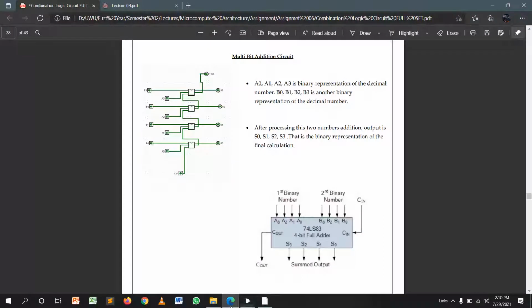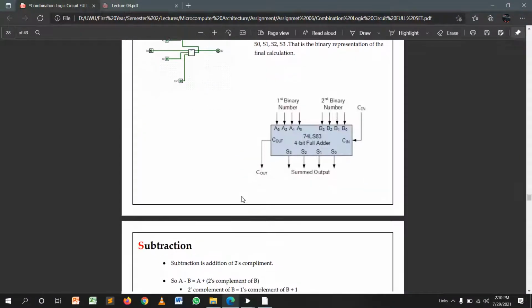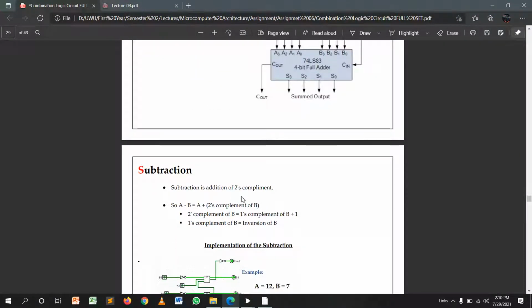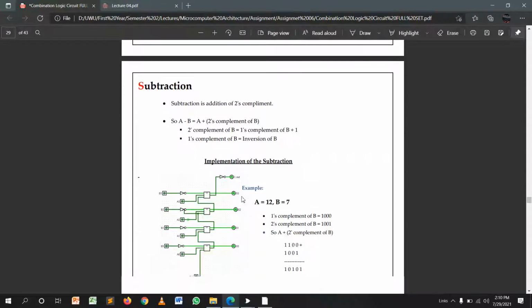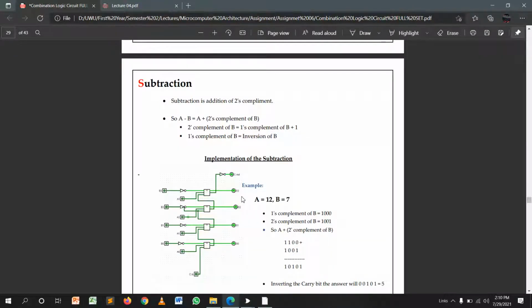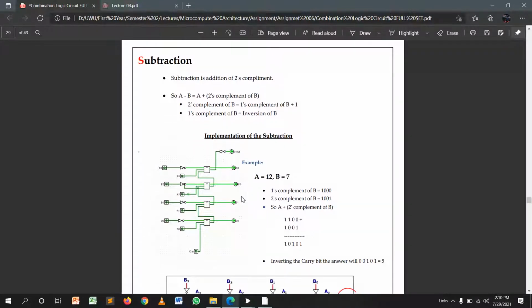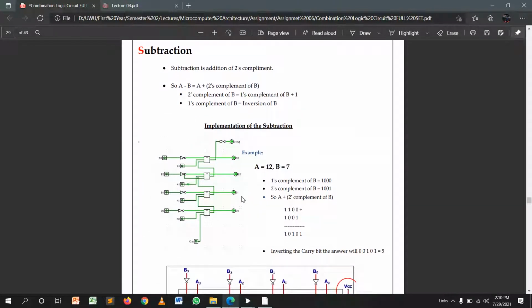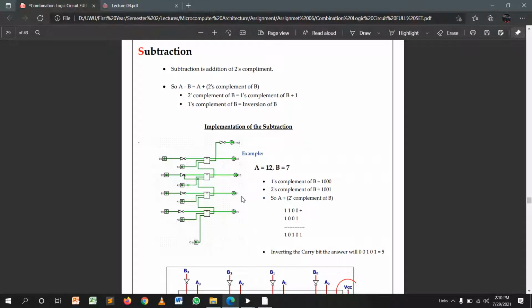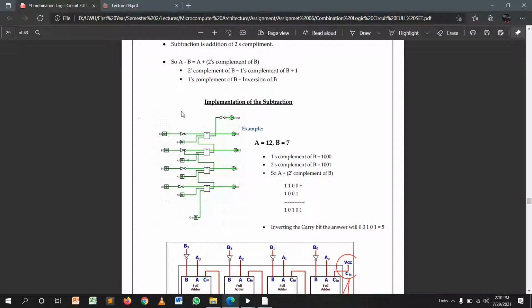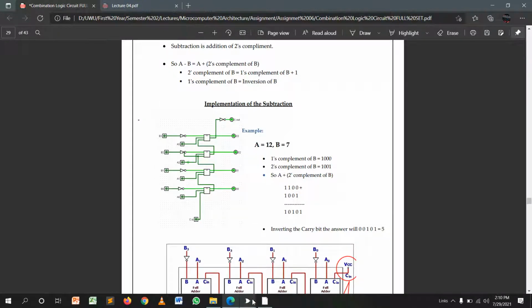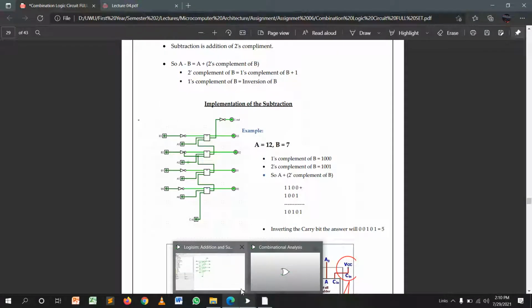Then that is the concept of addition. Let's move to subtraction. What is subtraction? Subtraction is also a mathematical operation, mathematical calculation, and for this we can use these circuits. It uses the normal two's complement concept, and that concept is used for this circuit. I have already created that circuit,